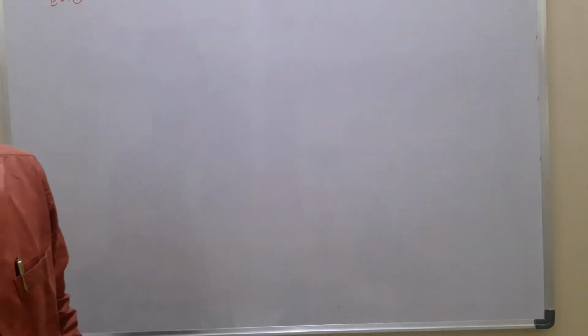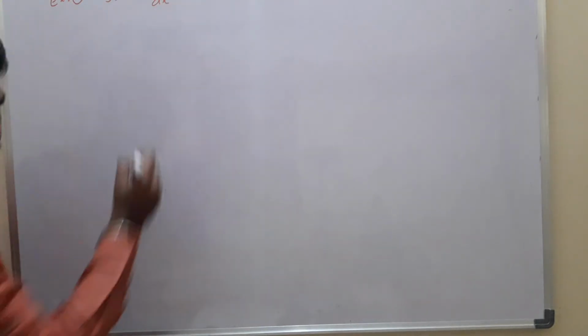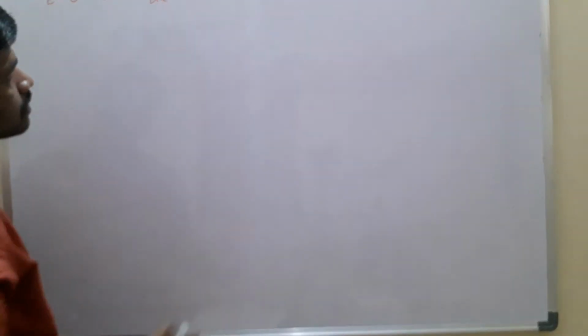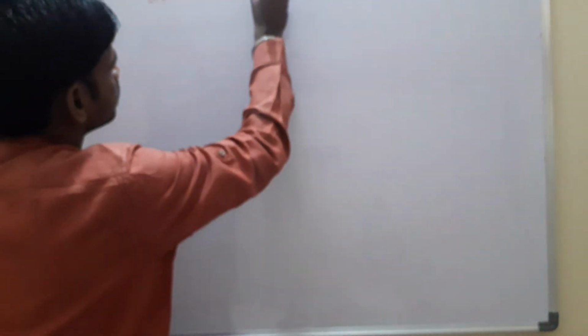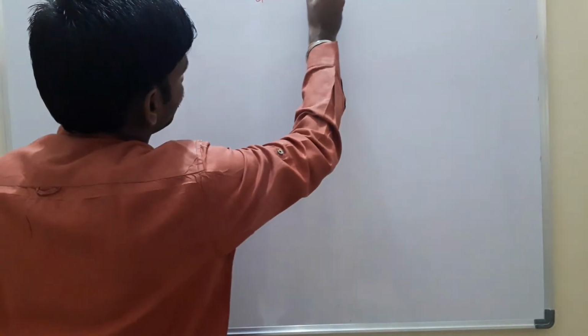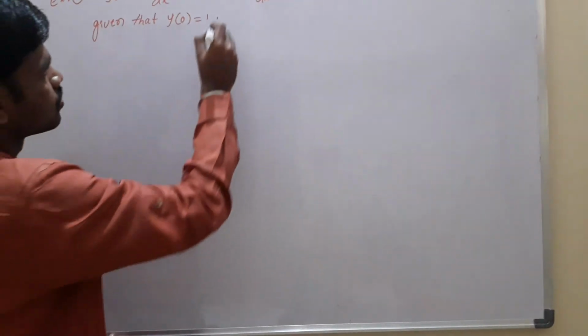Example number 1, solve dy by dx is equal to yz plus x and dz by dx equal to xz plus y, given that y of 0 equal to 1 and z of 0 equal to minus 1